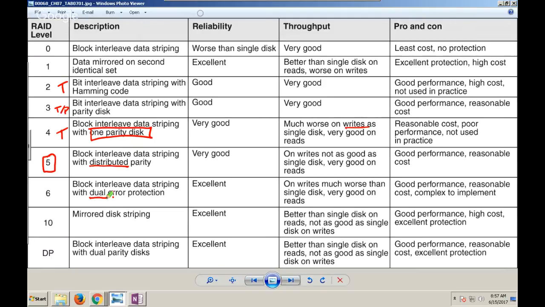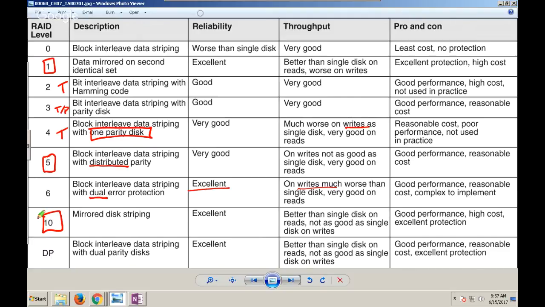But because now I'm writing more data, my writes have gone down. So RAID level 6, we won't use a ton unless we really need a lot more protection but still need the bulk storage. You might use a RAID level 6. It's less common, but it is definitely used. Probably third most common, because RAID level 5 and RAID level 1 are probably tied for first place. RAID level 10 would be our next candidate for most used.